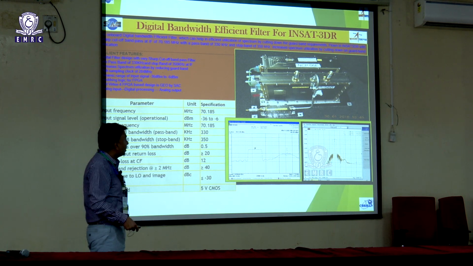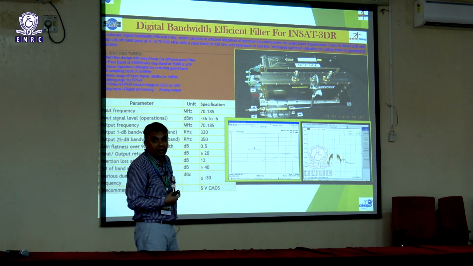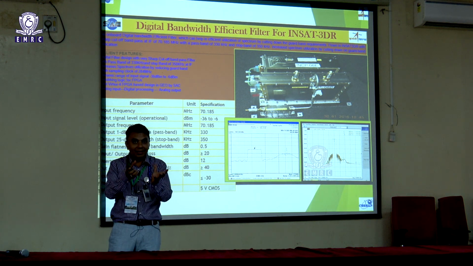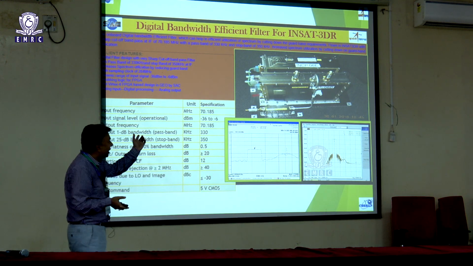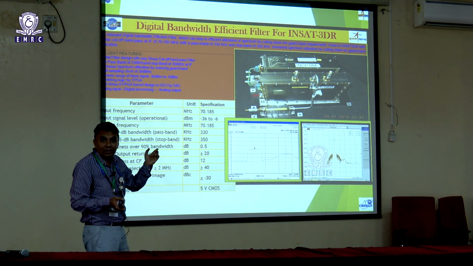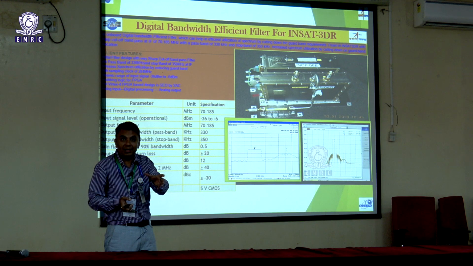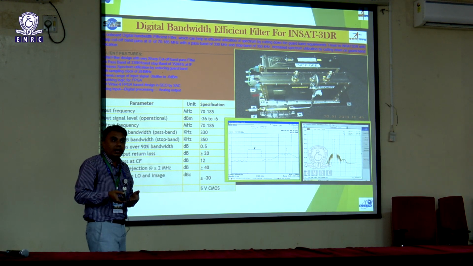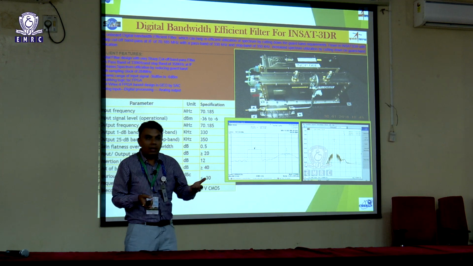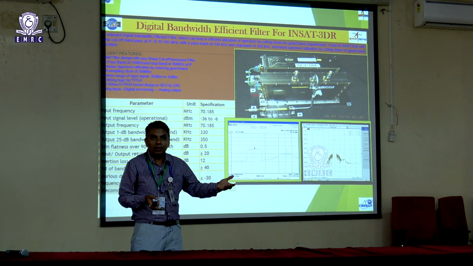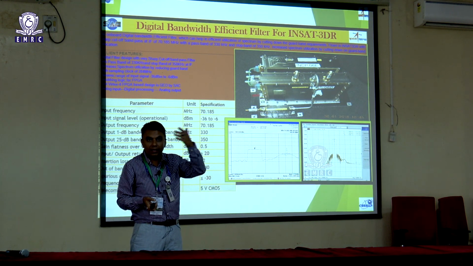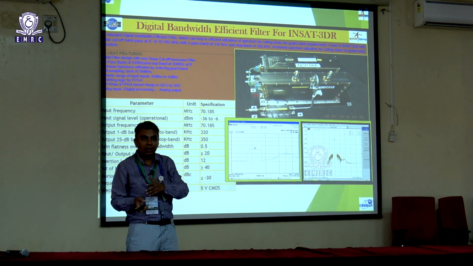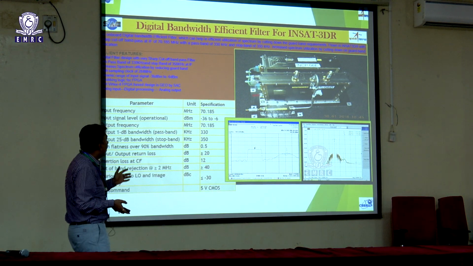The next satellite which was launched is called INSAT 3DR. You know that ISRO is trying to accommodate more applications in a single satellite. This satellite is used for meteorological applications, the weather forecasting we see. Another application is for fishermen: suppose they are stuck in the sea, they can send their alert signal to the terminal so that a rescue operation can begin. That is called the DRT application.